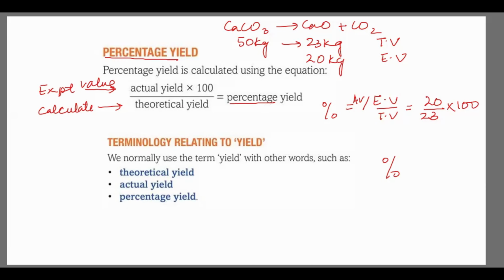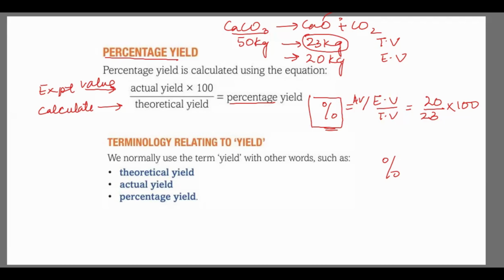Though on paper I'm getting 100%, when I do the experiment, I'm not getting 100%. There can be multiple reasons for that. Maybe while experimenting I've lost some of the product, or there are impurities in the calcium carbonate, or the calcium oxide has gone into a side reaction with some other particles present there. So there can be multiple reasons. Experiments that give 100% are perfect, but somehow we are not getting 100% yield. So the industrialists calculate how much yield a reaction is going to give.